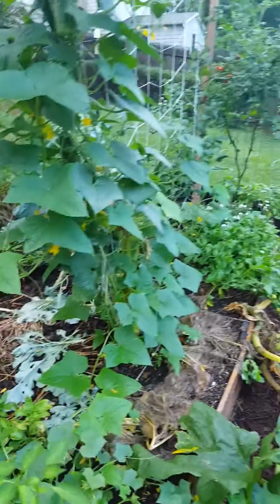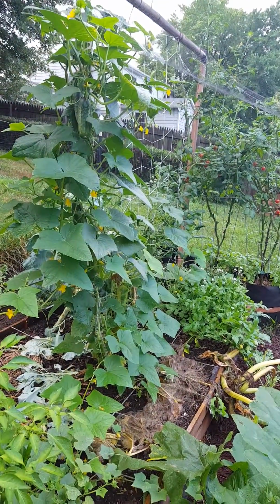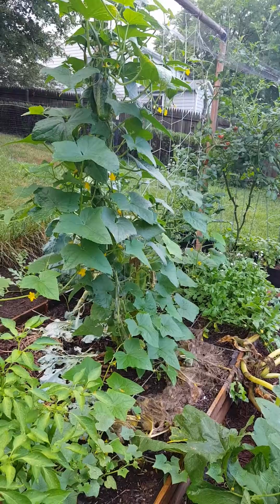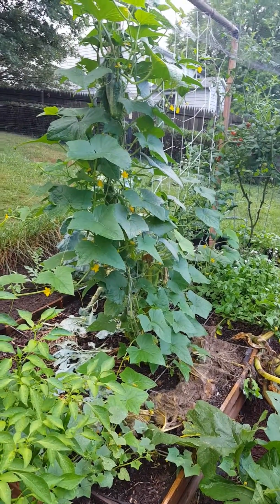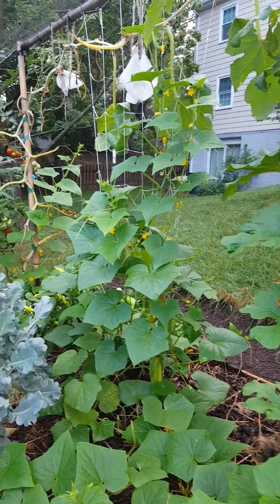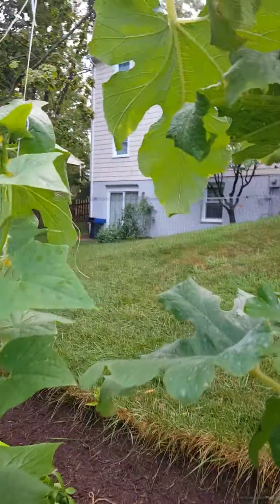So overall, very successful spring in the garden. I've been very happy. My next course of action is going to be preparing these beds for the fall, and I do have a fall garden planner I'll be doing a tutorial on, so if you're interested in that, please tune in. And overall, I do have in my garden bed over here, let me just zoom in for you,